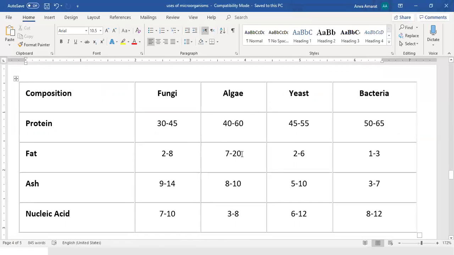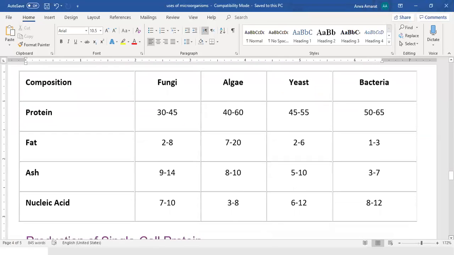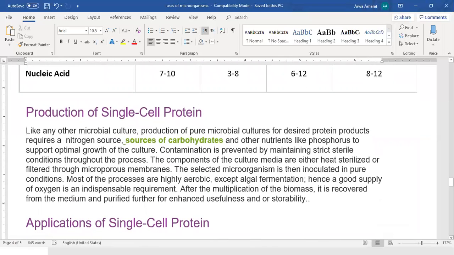For fat, you can see algae, ash, fungus. Nucleic acids, we see that bacteria and fungus have much more nucleic acids than the others. They are very important aspects for using. Why do we use proteins, for instance? Why do you use this technique? We use it as a source of